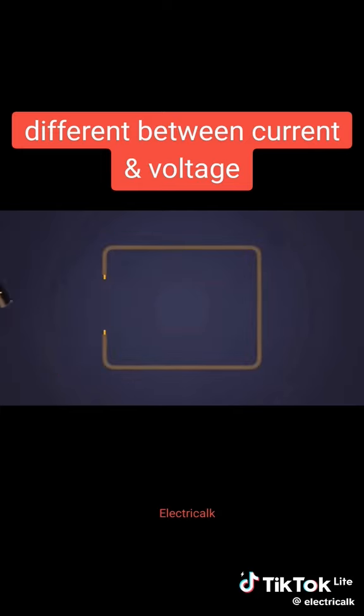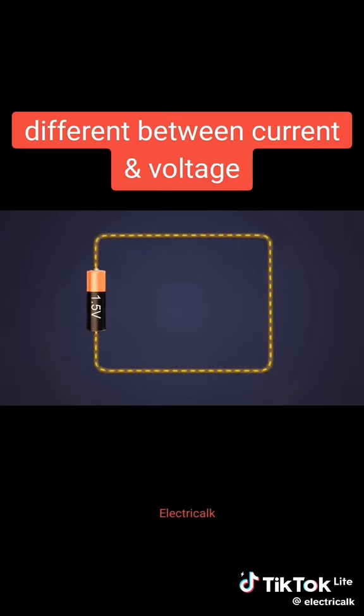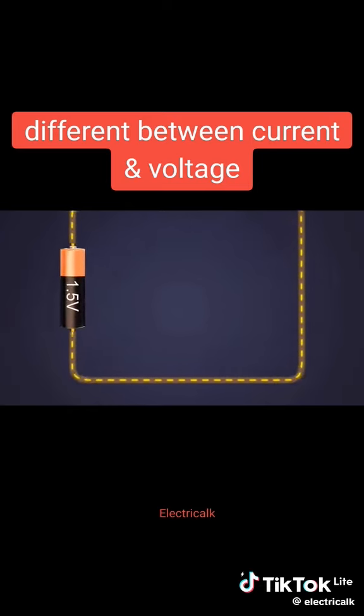If we take a conductive metal wire and complete the circuit with a battery, the electrons from the negatively charged side of the battery will be attracted to the positively charged end of the battery at a force equal to 1.5 volts in this example. Without voltage, the electrons will move randomly in all directions. Voltage is what pushes electrons around a circuit. So to summarize, current is simply a measurement